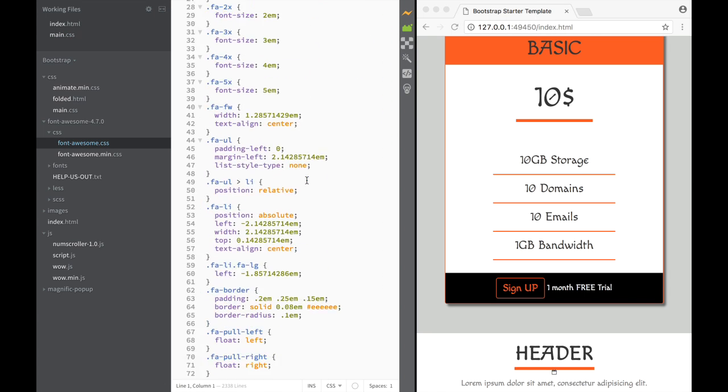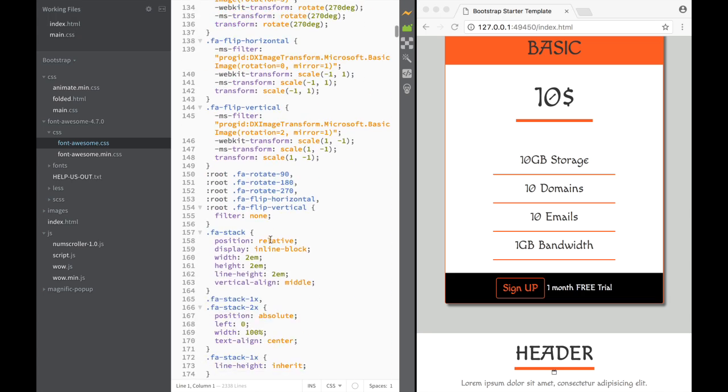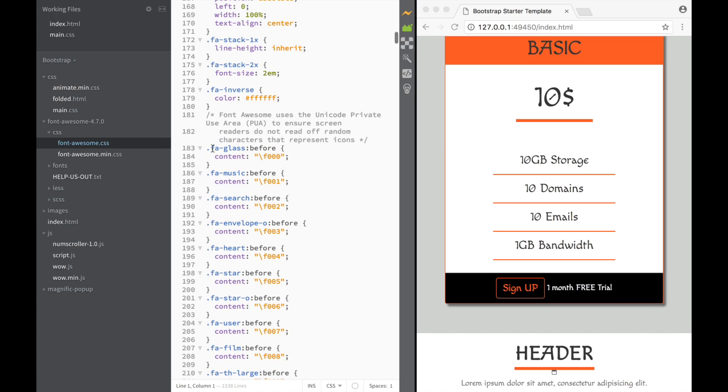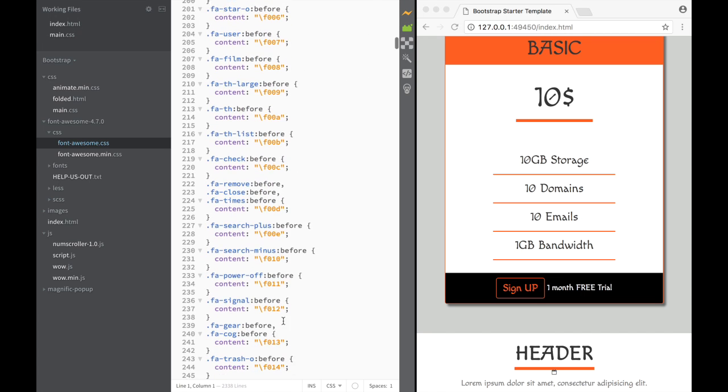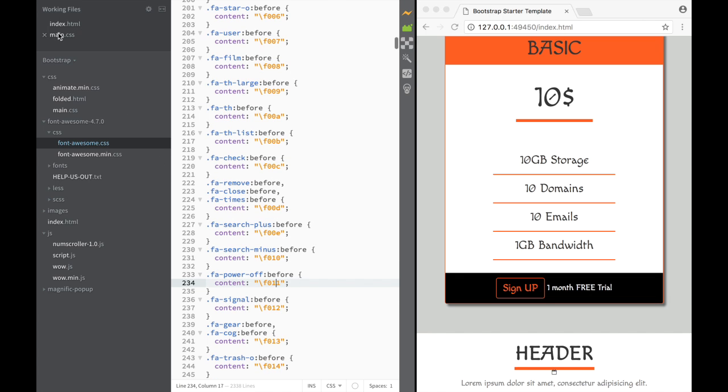If we start scrolling down, just keep scrolling. These are all the rules for the font awesome, which we can actually change. And here you can see we have a before class, which would be a pseudo class that we could use to place something before the horizontal line, which we could have done, and it would be the same thing. But you can see over here, this is this content. It pretty much says what would be the number. So we used, let's just check,